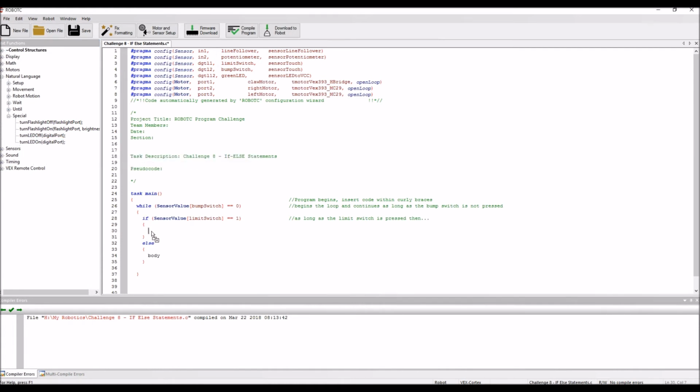Turn LED light on, and we have to name it so it knows which port. It's the green LED, and we'll put our comment in. Turn the green LED light on, and then the next thing we want to happen is we want to start